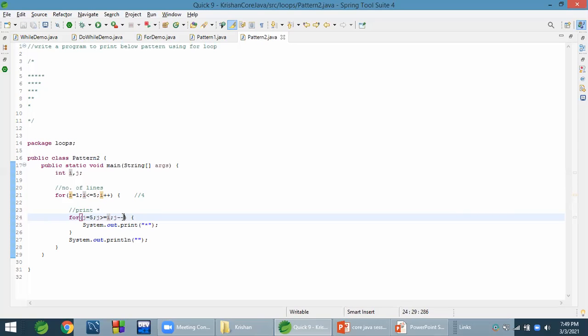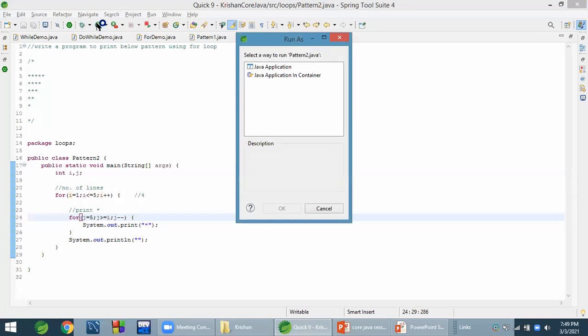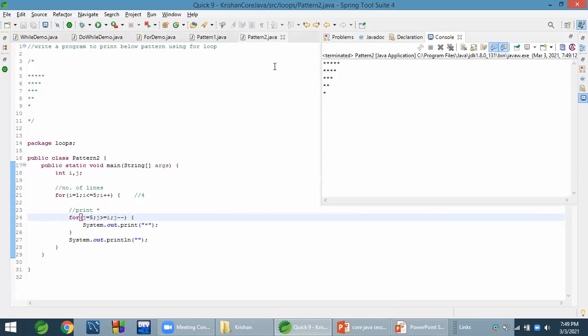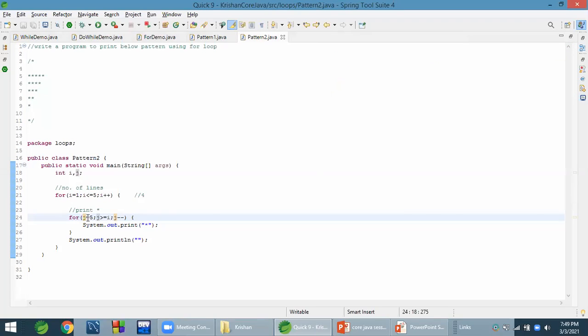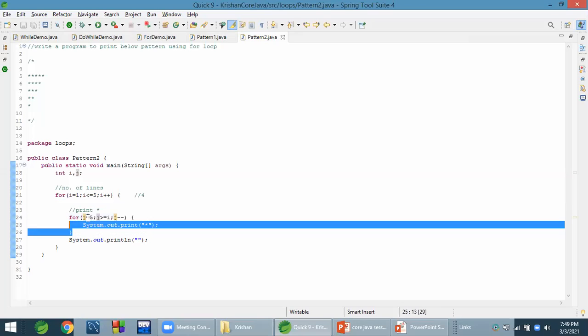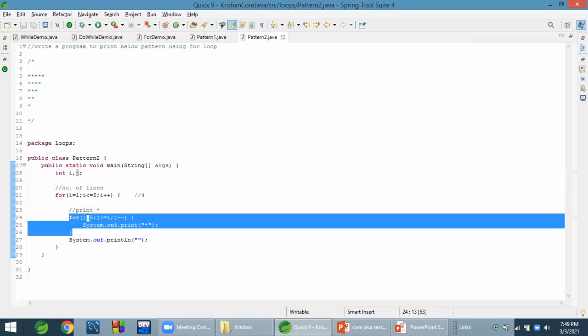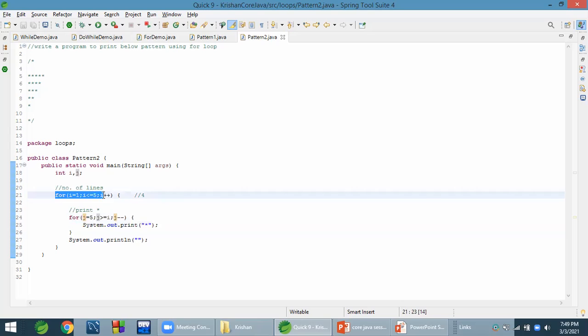Now we'll check this. Yeah, it's printing, right? So a small change. It's starting from 5, meaning the target is this loop should execute 5 times, meaning 5 iterations should happen at the first iteration.